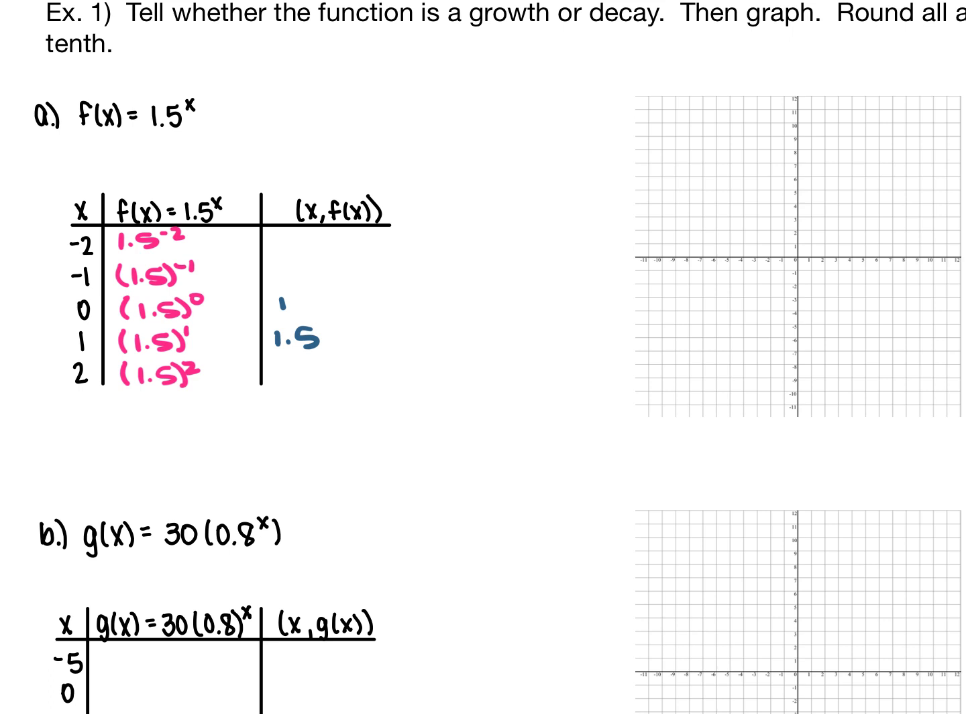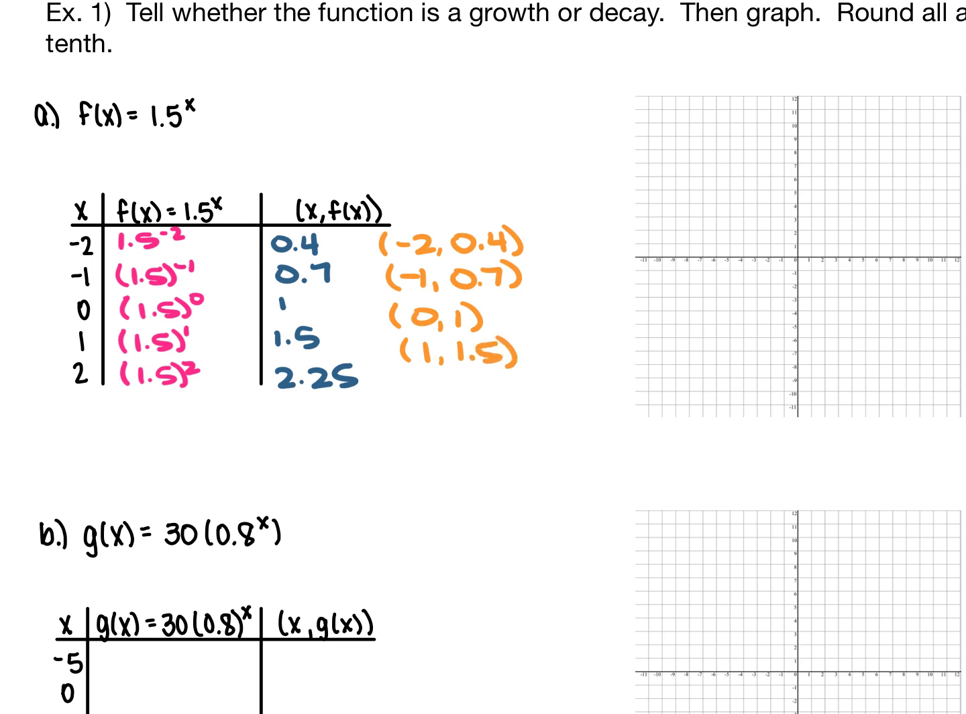If we do 1.5 to the power of negative 2, that's going to give us 0.4 repeating, so we're just going to round it to 0.4. The 1.5 to the negative first power gives us 0.6 repeating, so we're going to round that to 0.7. And then 1.5 to the second power gives us 2.25. So the ordered pairs that you're going to be working with here are negative 2, 0.4; negative 1, 0.7; 0, 1; 1, 1.5; and 2,